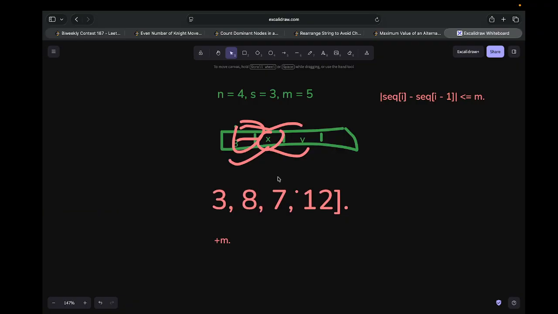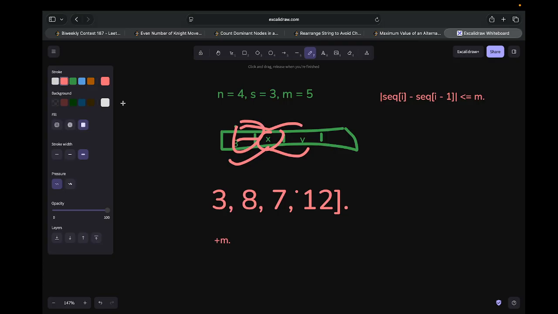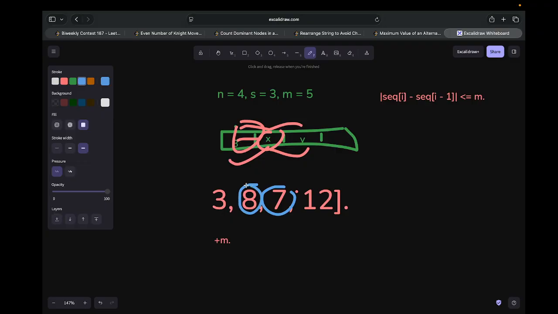I cannot add a maximum value over here. Why? Because I need to make a pattern such that it should be either greater than or less than. But right now I have added a maximum value, which means I need to add a minimum value. So I will try to reduce as much as possible, so that it will help me to find the maximum value. So that's why after that I am just doing